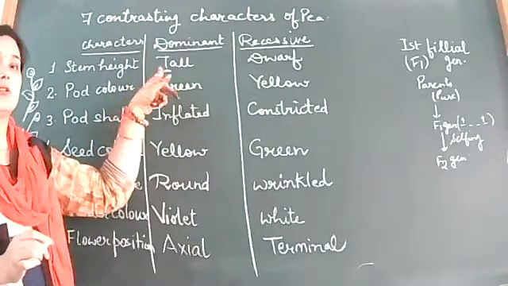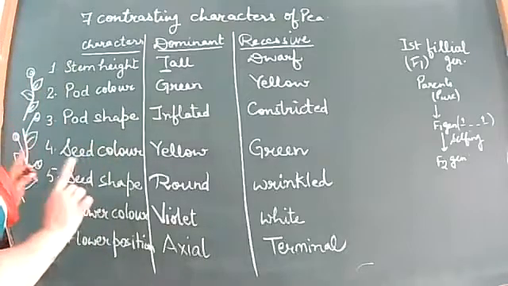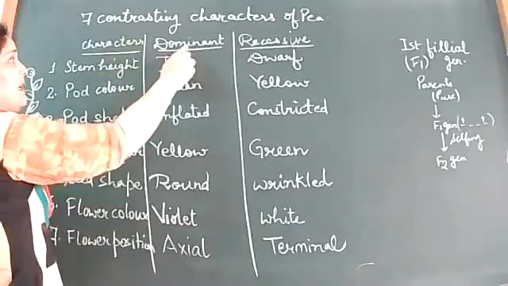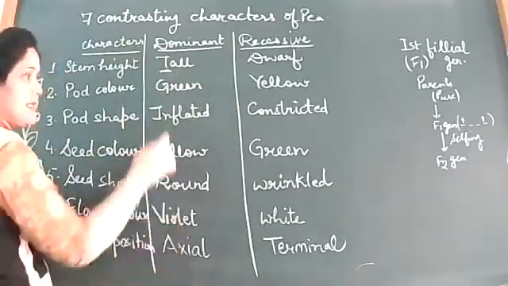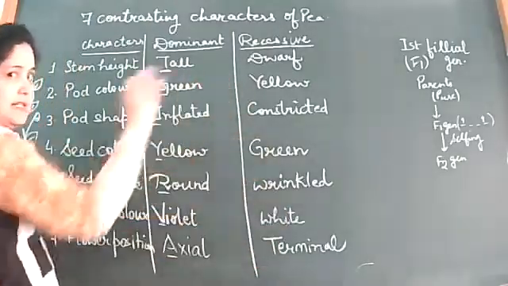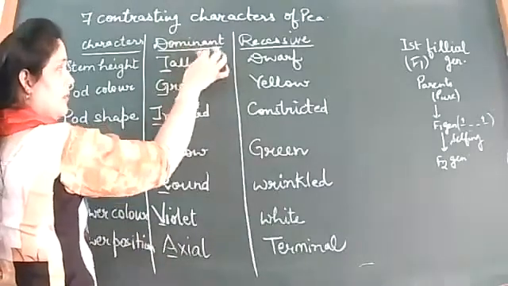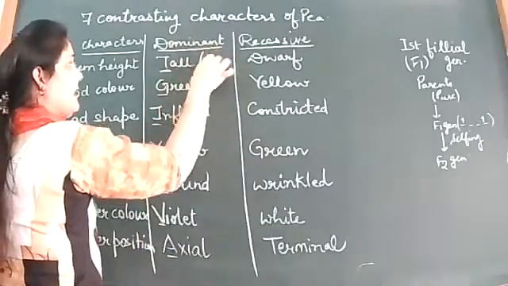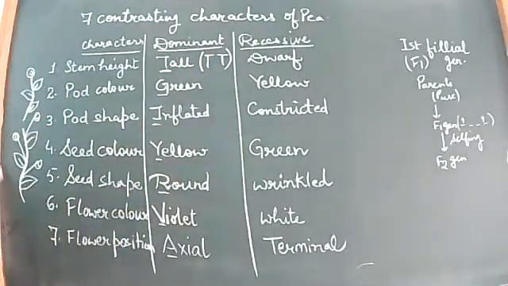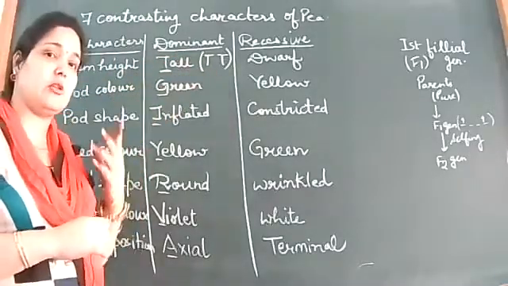So the dominating feature, what is it? That is the tall plant. We have the two characters, tall or dwarf. Whenever you write a gene pair, you will always take the first alphabet of the dominating feature. These are all dominating features, only their first alphabets will be taken, not those of the recessive type. Done. Second thing, what do you have to do? For the dominant character, we will be writing in a pair but with capital alphabets. Expressing a dominant characteristic, you will be writing it in a pair. Pair you have to write.